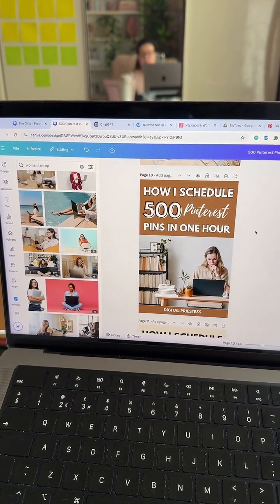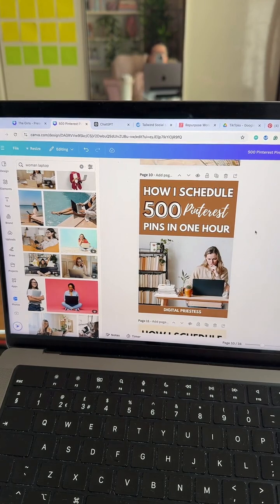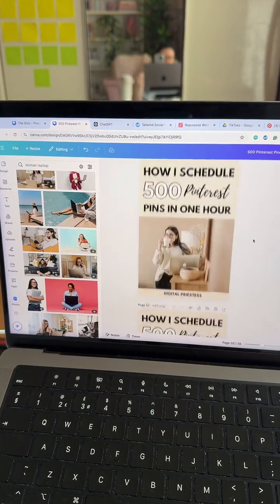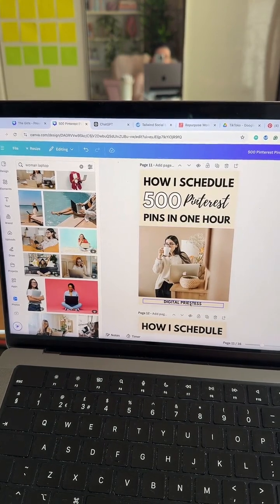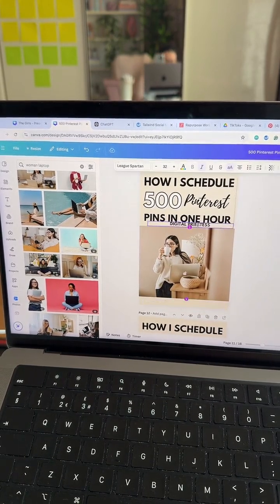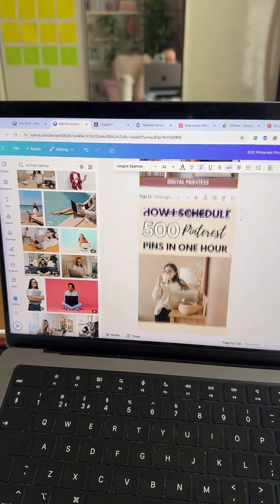So that's what I'd really recommend when you start creating pins for the month, think about, well, let's go back and look at what did well next month. Now, I obviously don't want all of my images to be exactly the same because that's going to be boring. And I don't want Pinterest to think that I am just spamming with the same style over and over again. So I'm just going to change this one slightly. I'm actually going to move things around on this one as well and change the font too.